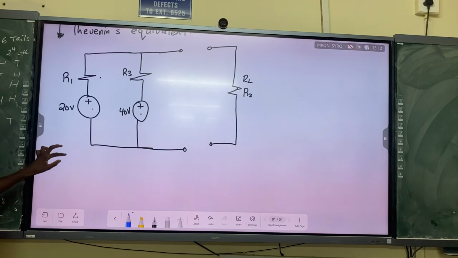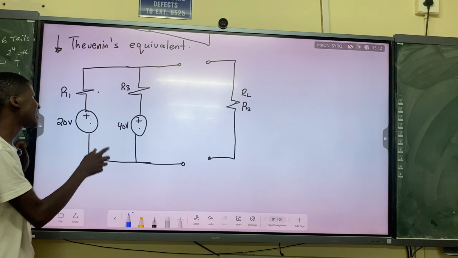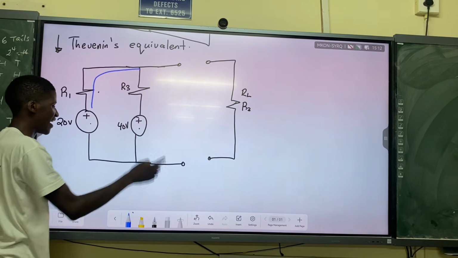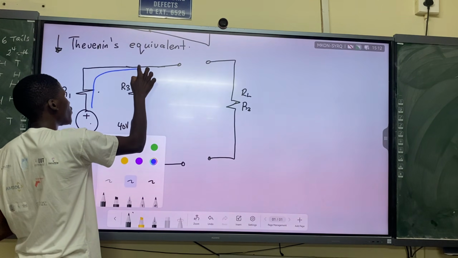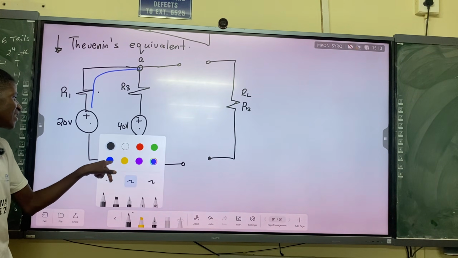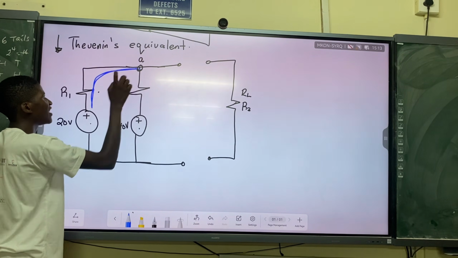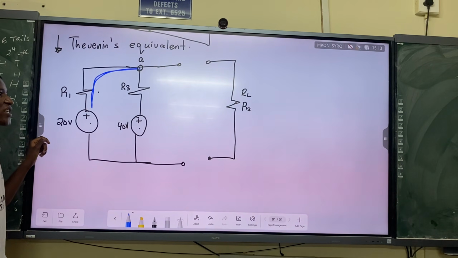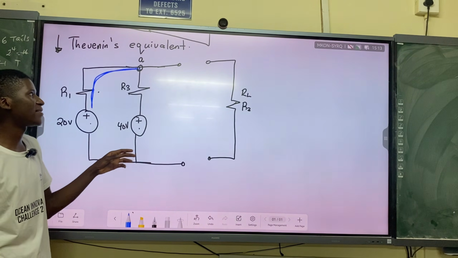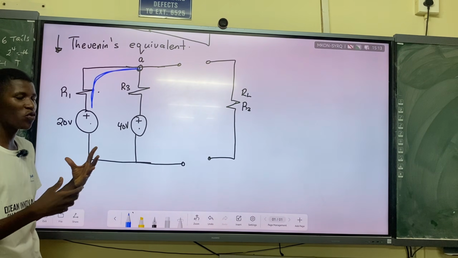So what can we see here? We realize the 20 volts, if it is going to produce a current, the current goes into this node. So if I put a terminal here, a node, this is node A. The current that is coming from the 20 volts battery goes to node A. So here when we are opening our circuit, usually we draw two diagrams, one in an open circuit, one in a short circuit. But basically you can just combine that into one.